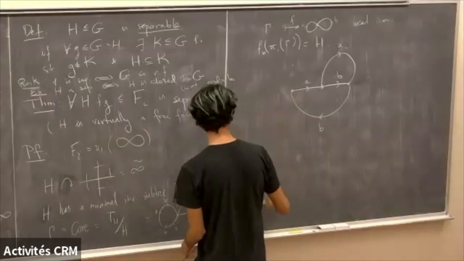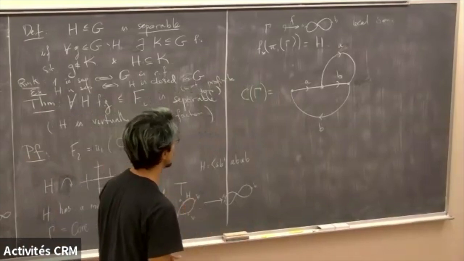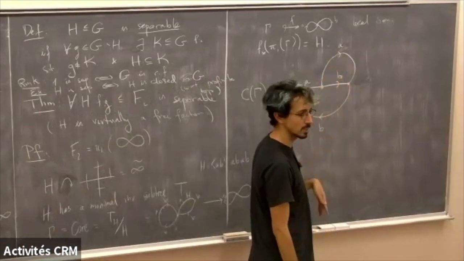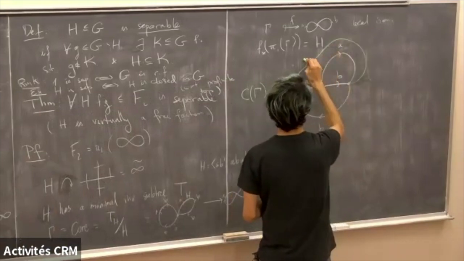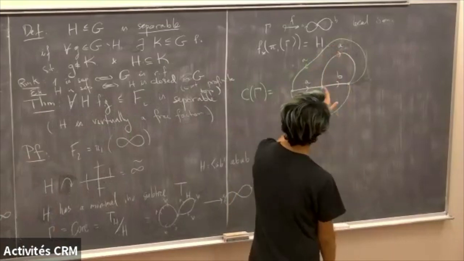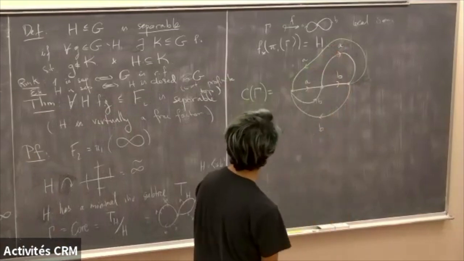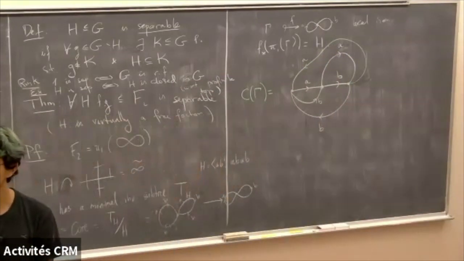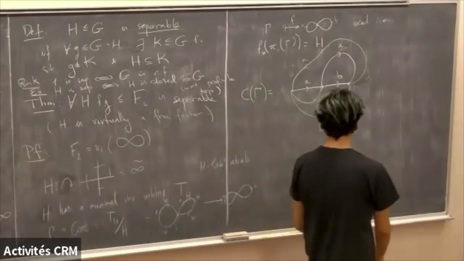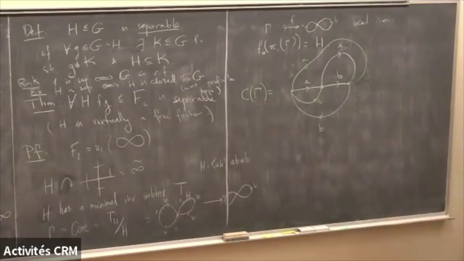Let's draw in yellow. Again, I'm doing exactly the same thing. I'm following paths of A and B and closing them up. So here's the path of A, close it back. And here's the path of B, close it up. And maybe we're done. Right, so we have this finite thing, a finite subgroup now of my tree.